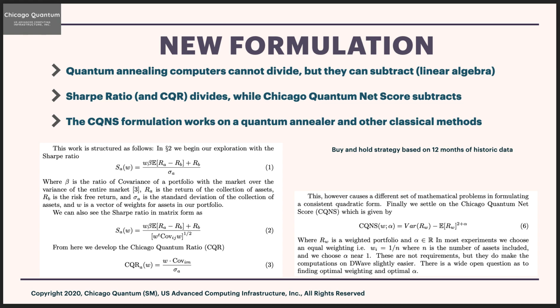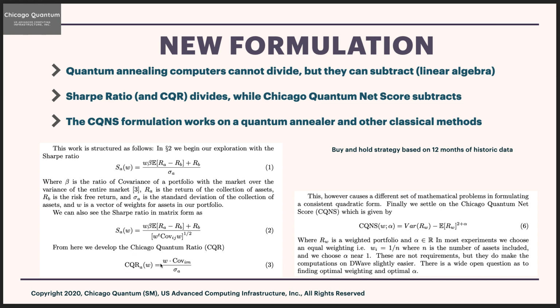Over on the left-hand side, you see the Sharpe ratio is the weights of all the stocks times the beta of the stocks times the expected return of the actual risky part of the stock minus the risk-free rate of return. So that's your benefit of holding the stocks in the market. Then add back the risk-free rate of return, and it's divided by the standard deviation of the portfolio. That has a lot of nominal terms in it, a lot of things that have inflation or just money in it. So what we do is we create a simplified ratio called the Chicago Quantum ratio,